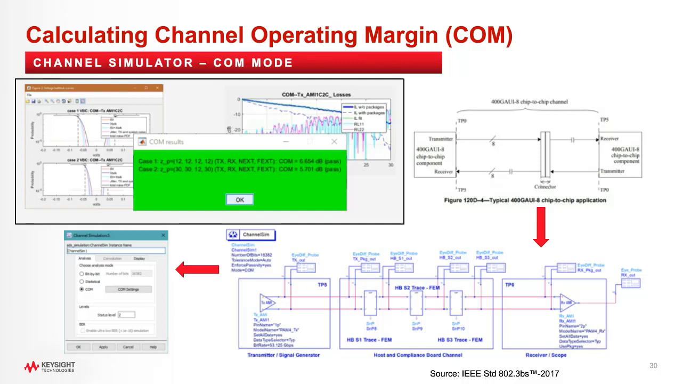One good news is that starting from ADS 2019 Update 1, ADS started to support the COM flow in the ADS environment. In this example, the channel passes the COM specification since the values for two given scenarios are both over 3 dB, so that it passes the given specification. And once again, since COM uses a MATLAB script for the calculation, ADS also uses the same MATLAB script